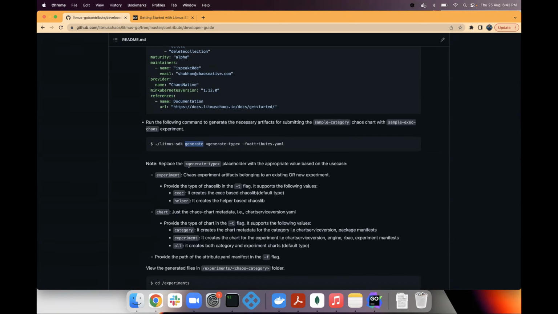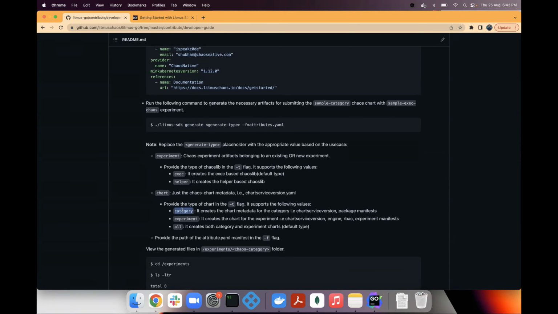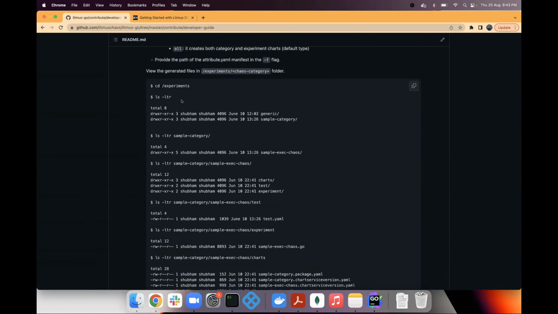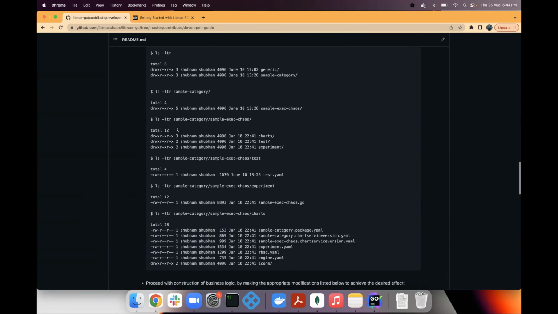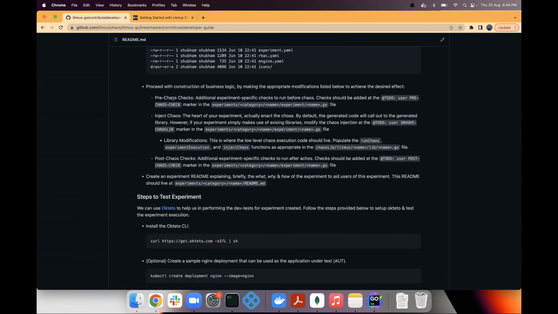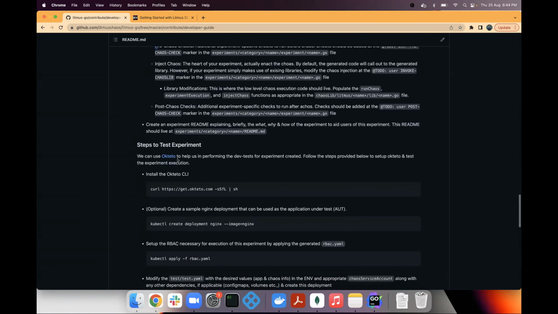Then if you want to generate the chart, in chart we have two types. The chart will generate all the metadata and CSV file which we will place in the chaos chart repo, and based on that data, it will render into the Chaos Hub. Here it is the category detail and the experiment, the chaos engine, chaos experiment, the RBAC details, and other things. Here we displayed what all files will be created in which places. After that, we explained all the subsections the experiment will contain. I will go through that whenever I generate it.